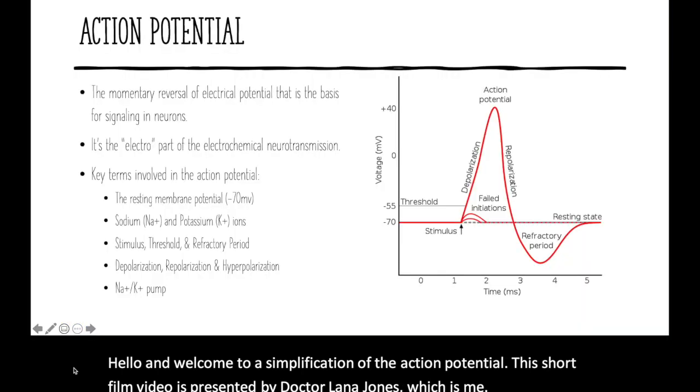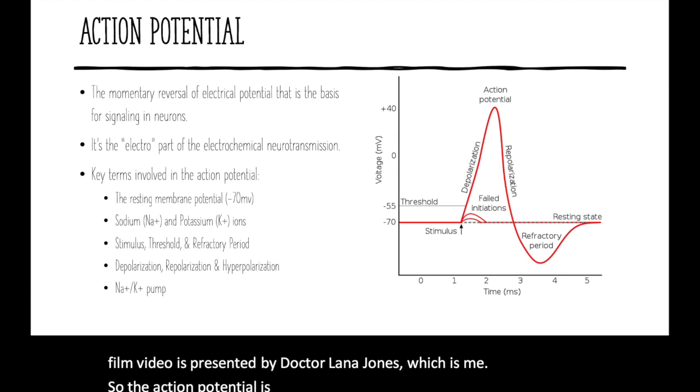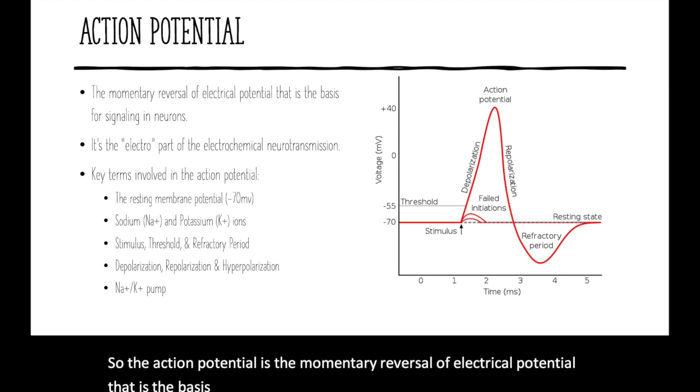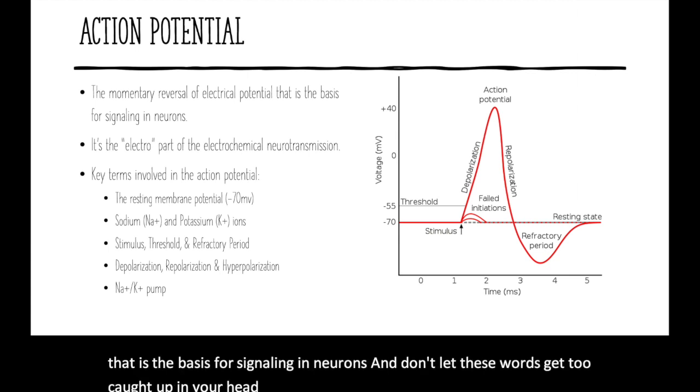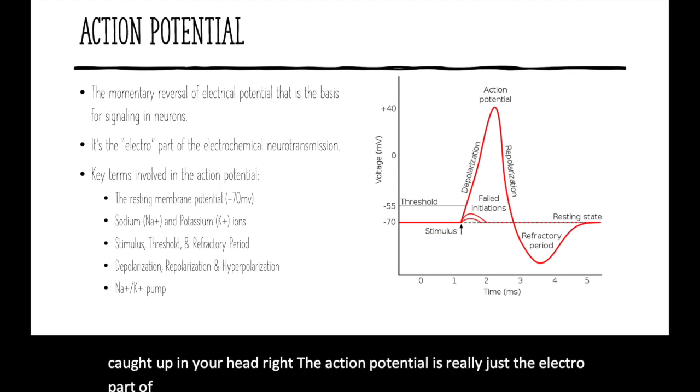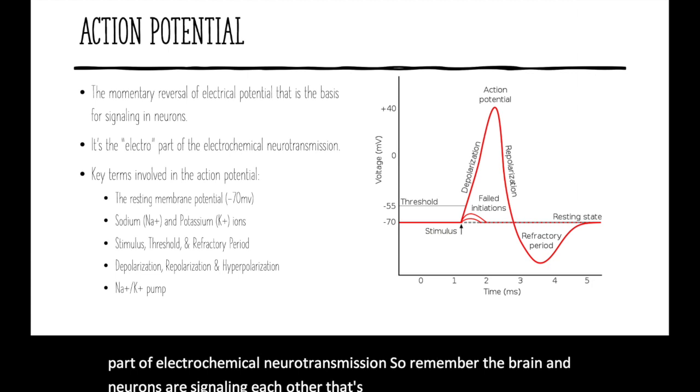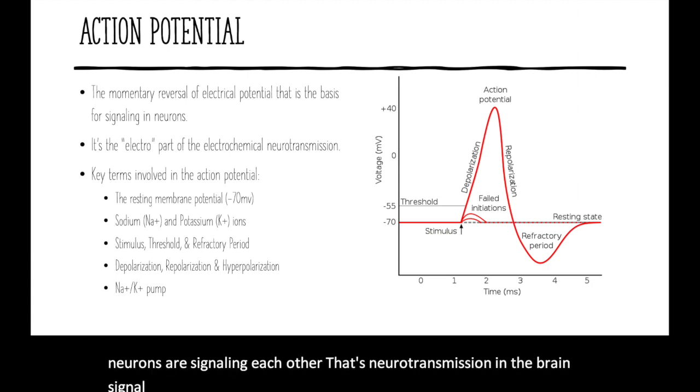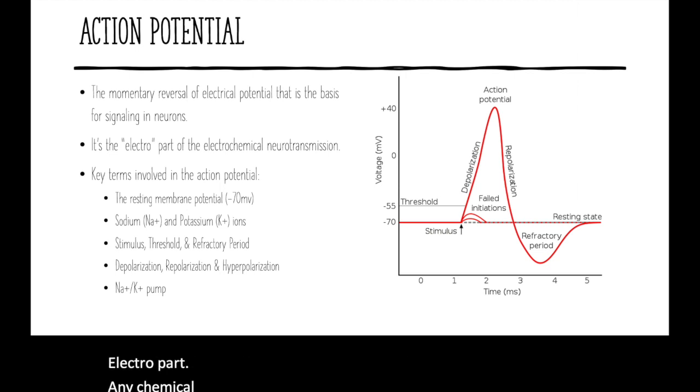So the action potential is the momentary reversal of electrical potential that is the basis for signaling in neurons. And don't get too caught up in these words. The action potential is really just the electro part of electrochemical neurotransmission. So remember, the brain and neurons are signaling each other. That's neurotransmission in the brain signal. Electrochemical: the action potential represents the electro part, and the chemical part is represented by neurotransmitters, which are chemicals, neurotransmitter